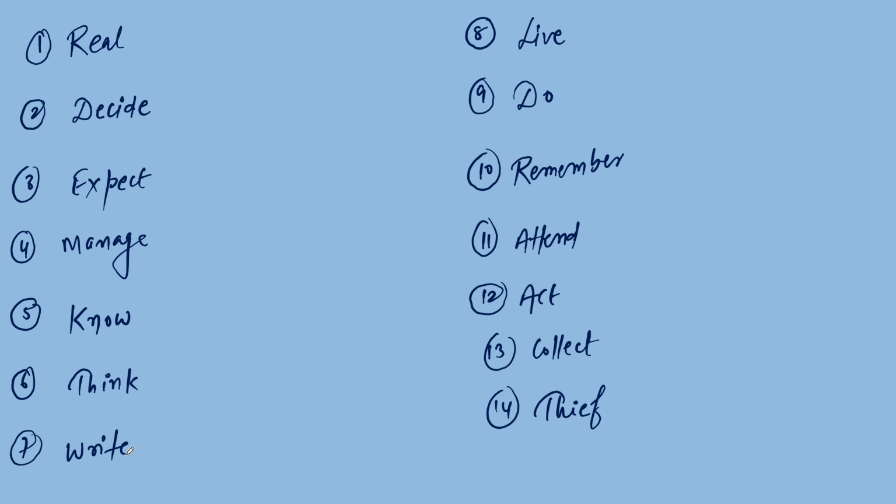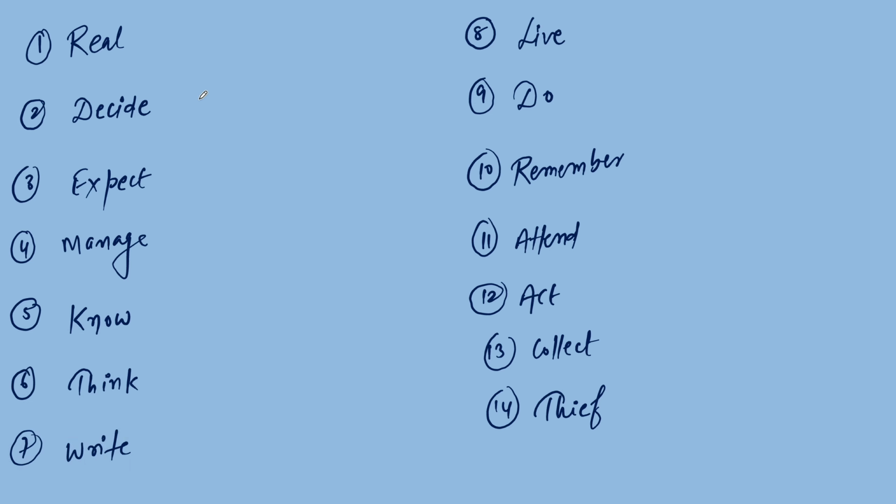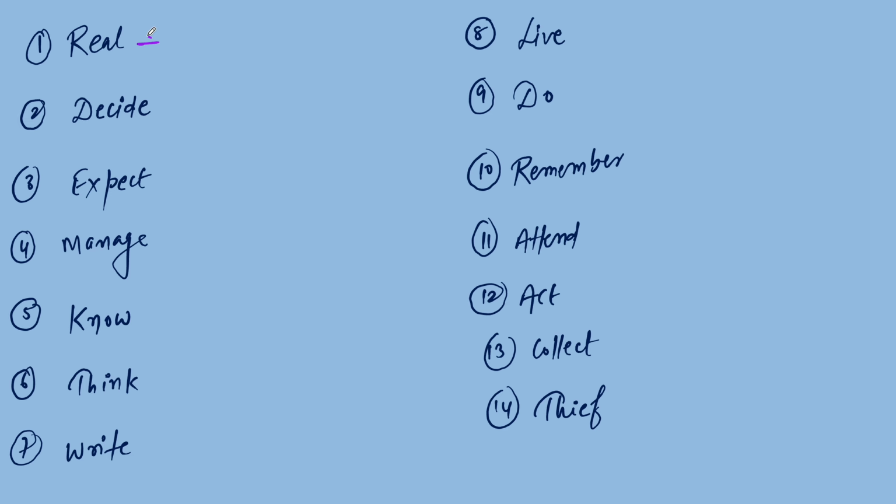Okay, let's do it with these examples only. So convert it into an abstract noun. Tell me, how can I convert it into an abstract noun? So it's real. What will you add to this so that it will be an abstract noun? Real plus,